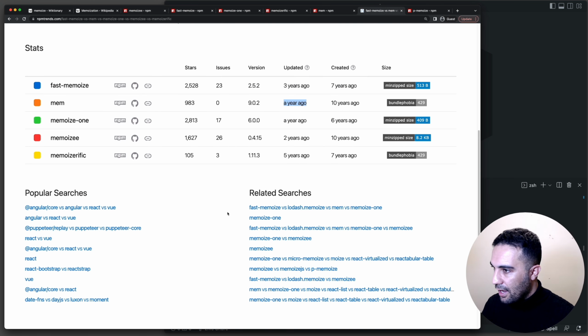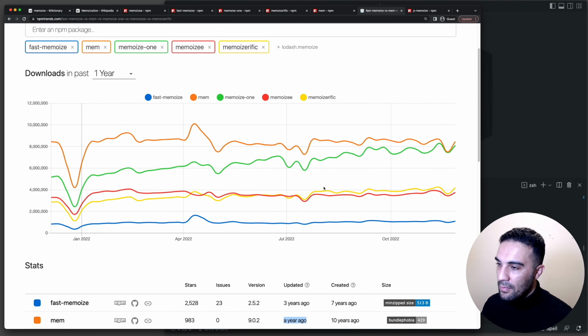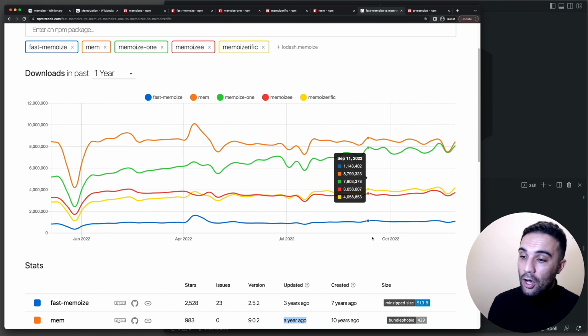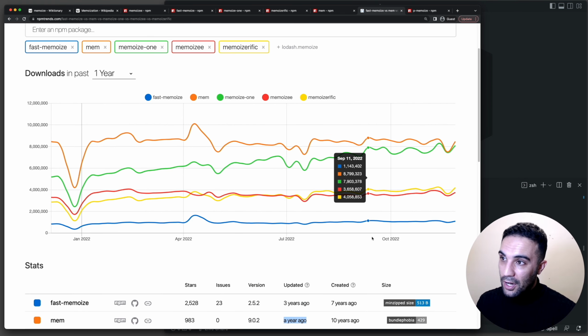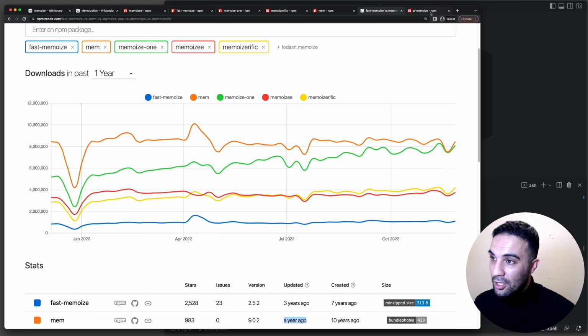But moving back here, so this is just a bit of comparison, all of them together, and it's also important to make sure when was the last time they have been updated. So mem has been updated not long ago compared with others. Okay, just moving on. All of these things are good, but the other thing that I'm going to show you